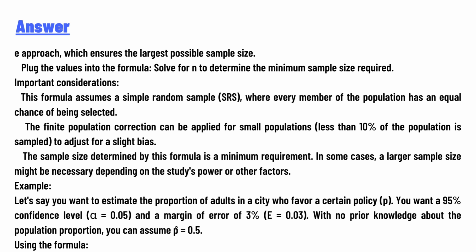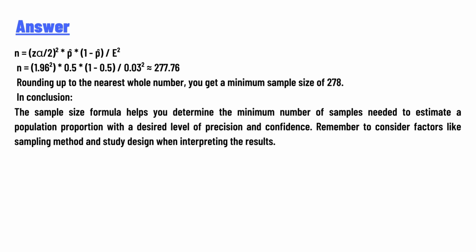Example: let's say you want to estimate the proportion of adults in a city who favor a certain policy. You want a 95% confidence level, so alpha is equal to 0.05. Margin of error of 3%, so E is equal to 0.03. With no prior knowledge about the population proportion, you can assume P is equal to 0.5. Using the formula,